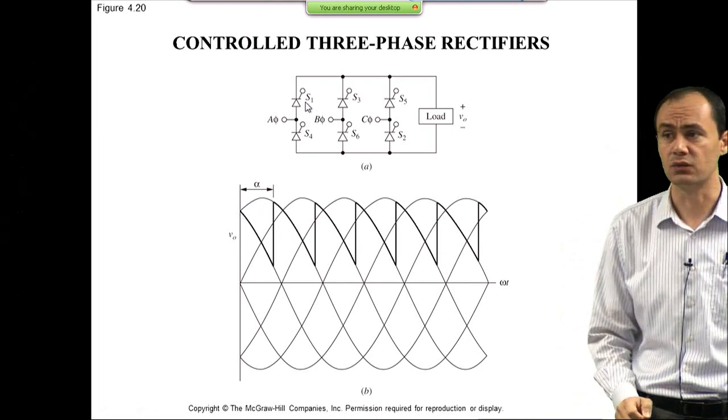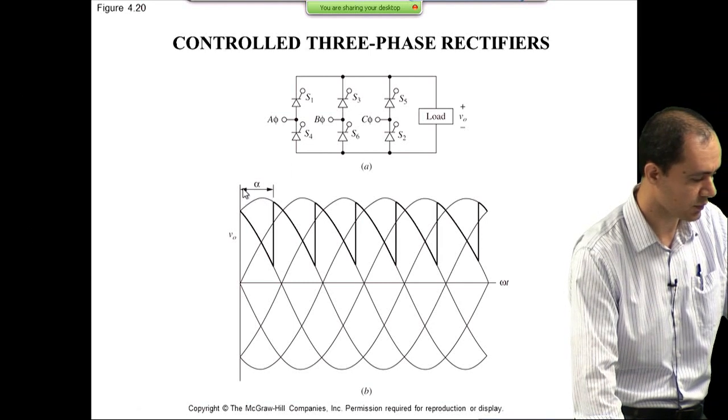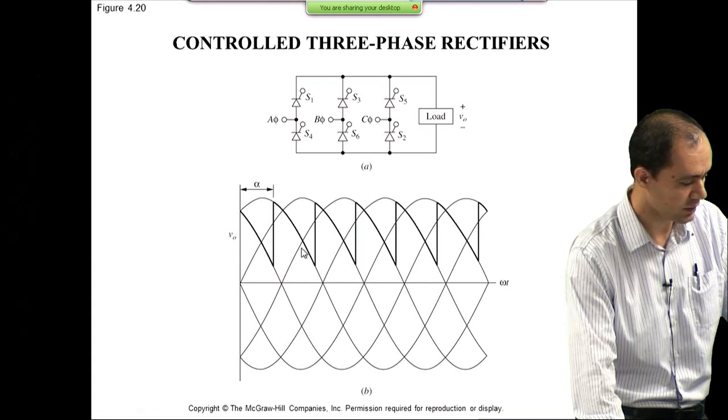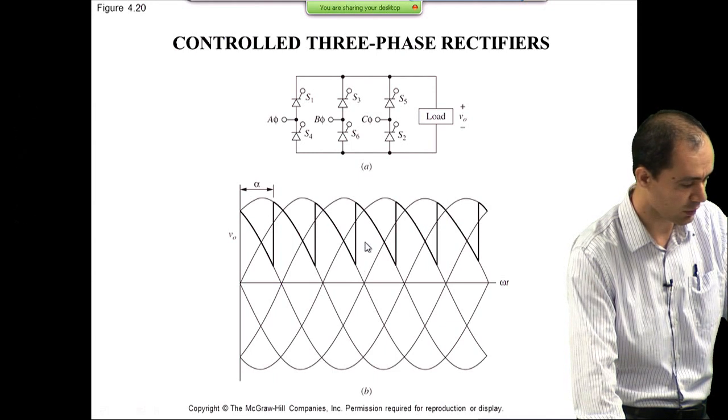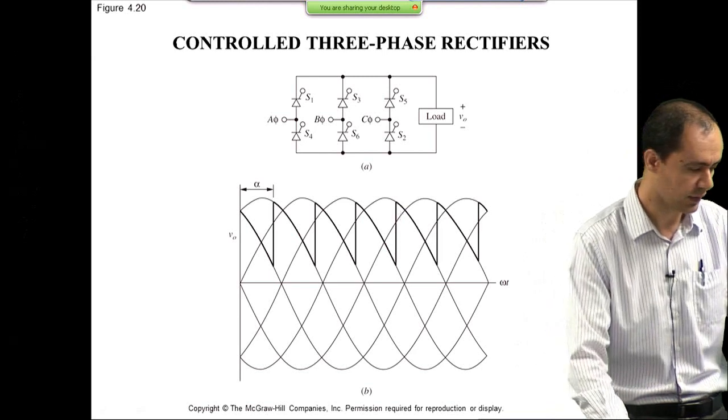But because it's an SCR, it waits for your command. If you trigger it at the right time, and for instance your command is delayed by an angle of alpha, now it's actually triggered over here, and this is the SCR that is conducting until the next SCR is triggered, and then you have an output voltage like this, which is actually lower than the case if you